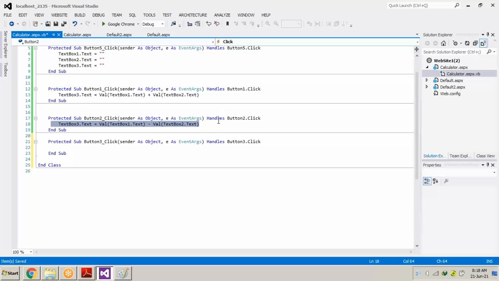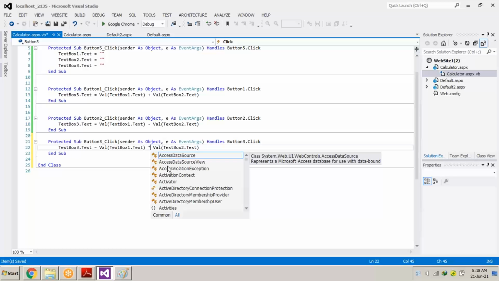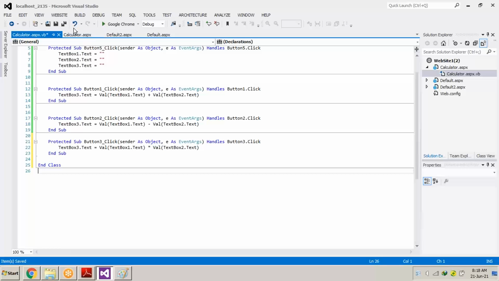Now we will copy the first or any code, means we will copy text box 3 equals value of text box 1 minus value of text box 2, the entire code, and without writing, we will just paste the same code inside. The text box 3 value has the multiplication operator, so we will write the asterisk sign. This is the multiplication sign in coding.